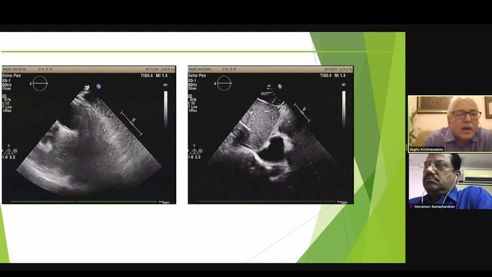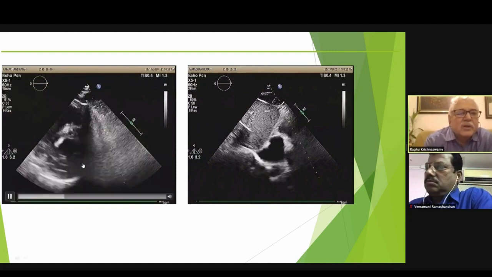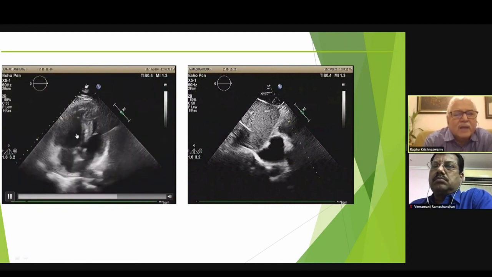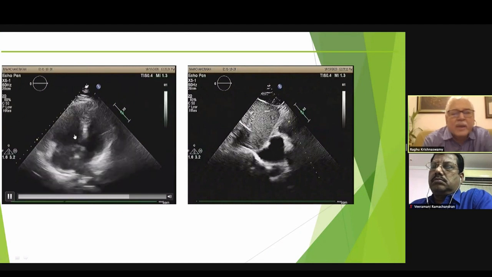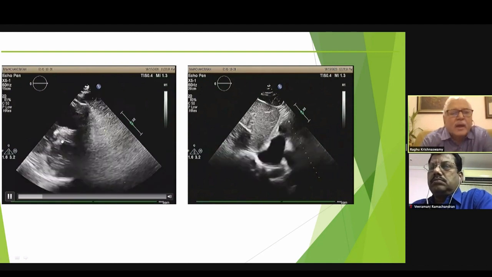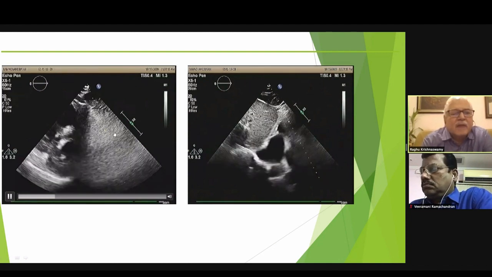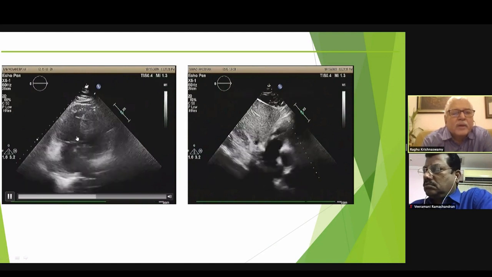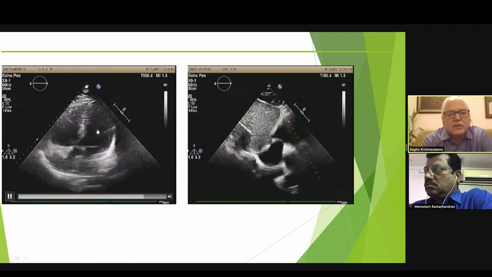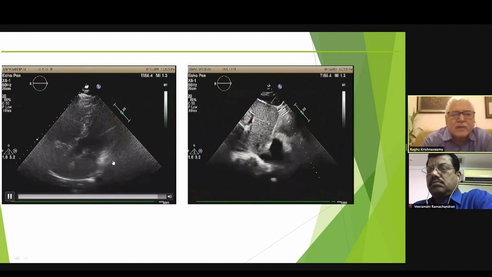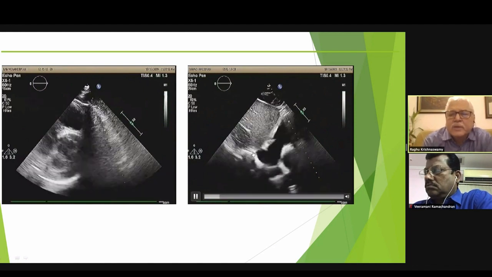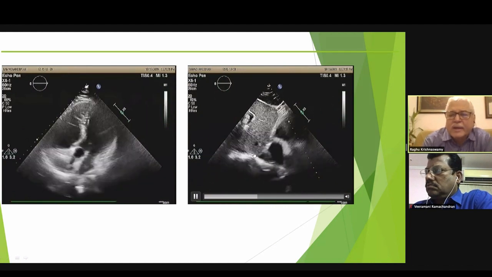Now, this was the echo that was done. I'm showing you the short axis view. It shows a slightly dilated RV, as is also seen in the apical four-chamber view. There is no septal flattening. And as you notice, the RV function is quite good. You can notice that the RV is contracting right from base to the apex, and it's squeezing quite well. There was no significant MR, and he had at best a mild TR. This is just to show you that his IVC was quite normal. It was not dilated.